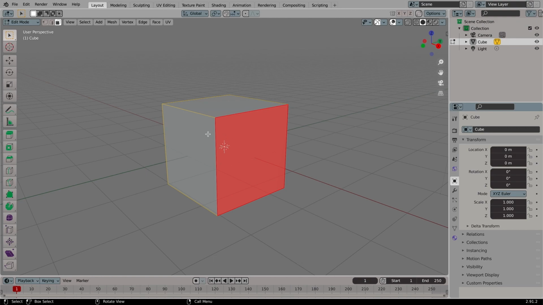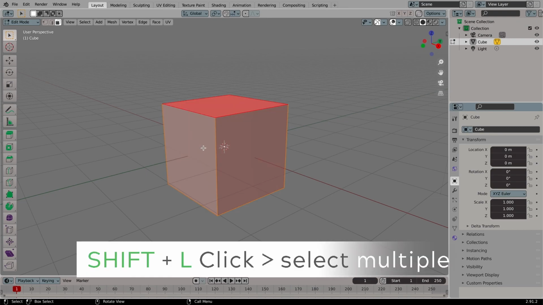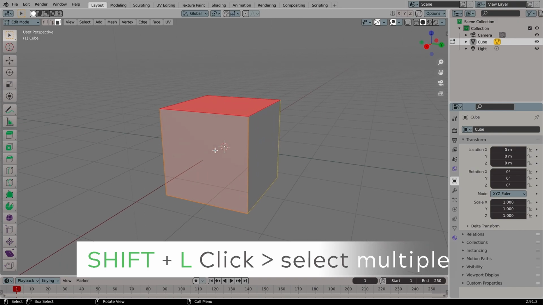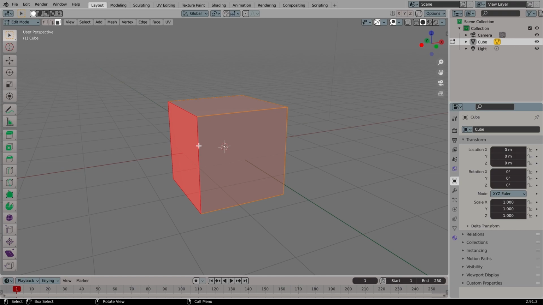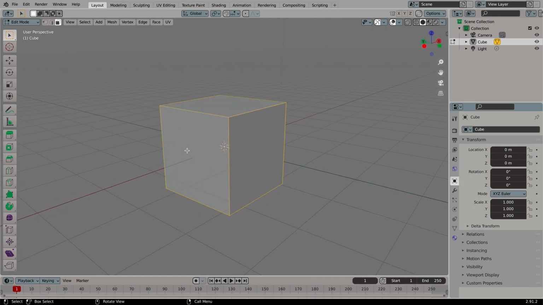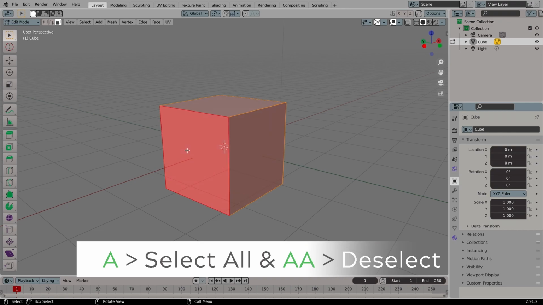Just like we saw in SL a minute ago, you can hold shift and left click to select multiple faces. So you can either do single or hold shift, left click to select multiple faces around your mesh, however far you want to go with that. So that's just a basic review on that. Also, let me hit double A, because A is to select all mesh, and AA is to deselect all mesh. So that was also talked about in my last Blender video on interface and navigation,